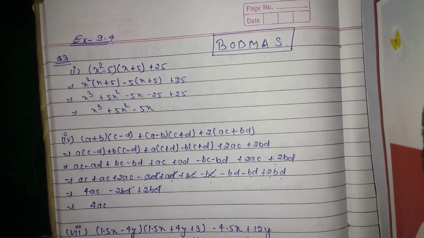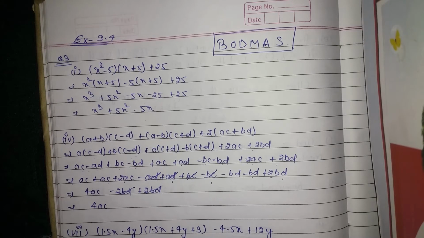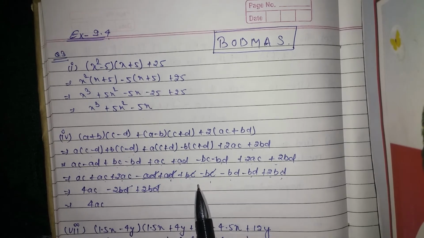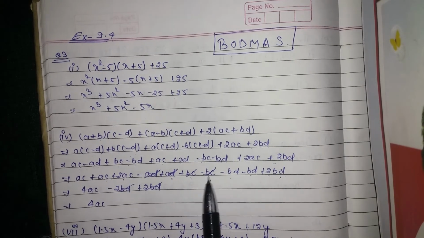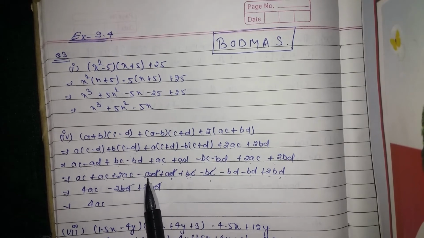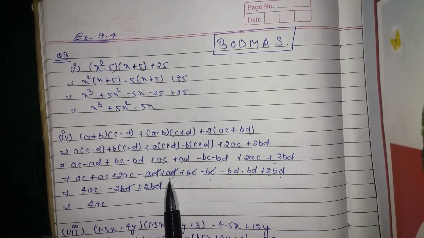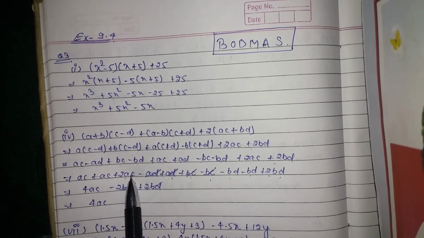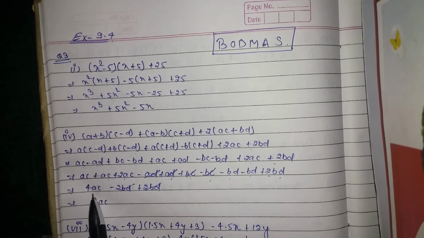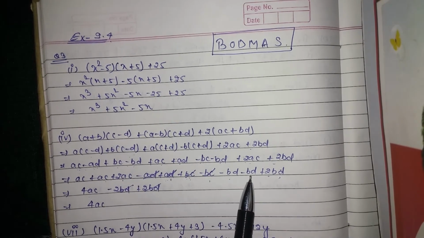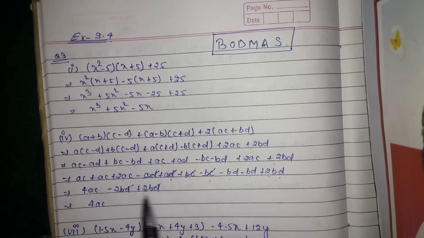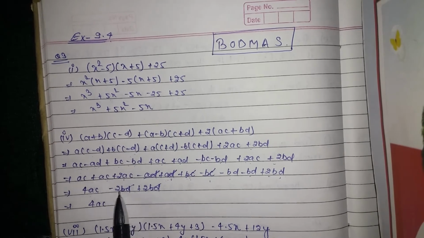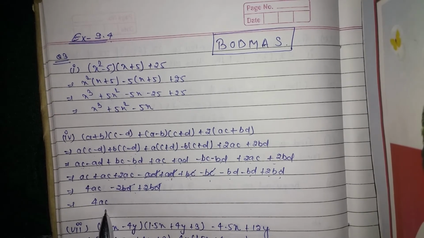Now if you are able to add the like terms, add them. If you are able to subtract the like terms, then do the subtraction, right? BC and BC, these are your like terms with opposite sign, they will cancel each other. Same AD but with opposite sign, so they will cancel each other. Now AC plus 2AC all are of the same sign, so they will be in addition, you will get 4AC. Here BD and BD, minus 2BD plus 2BD. Now again the terms are the same with opposite sign, they will cancel each other, so finally your answer is 4AC.